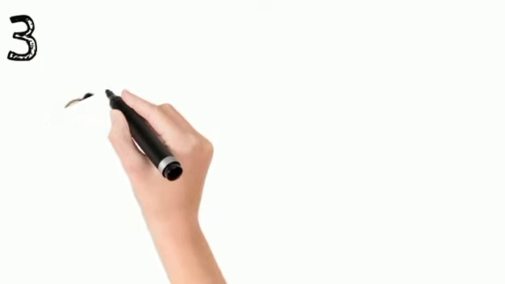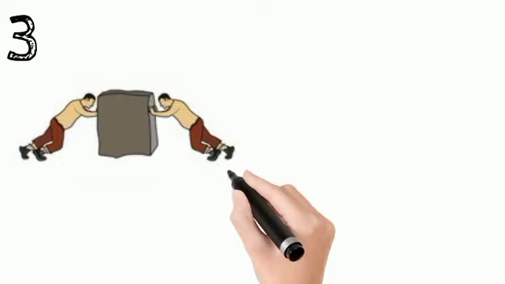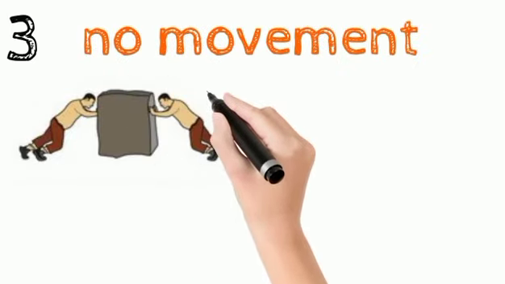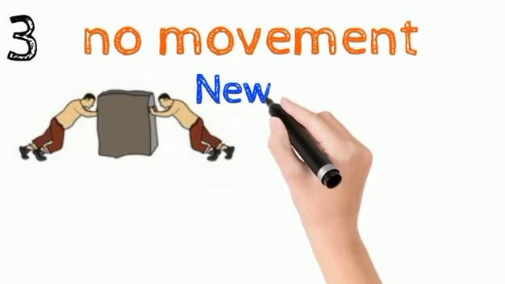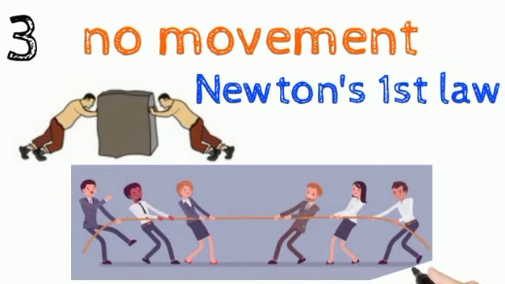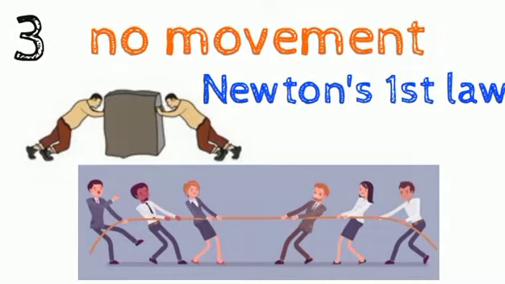In condition 3, the effects of internal and external forces are equal on a segment, which causes no movement, or the body is in equilibrium or at rest. That is Newton's law of equilibrium. Just like in tug of war, there are equal forces on either side, whether internal or external, no movement is caused as the rope is stable.